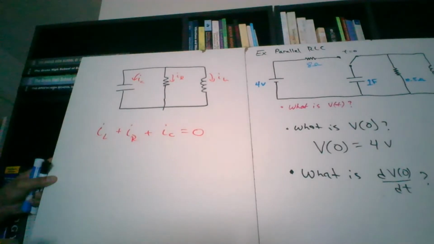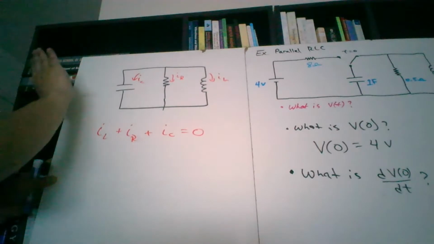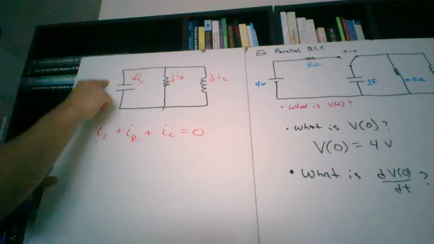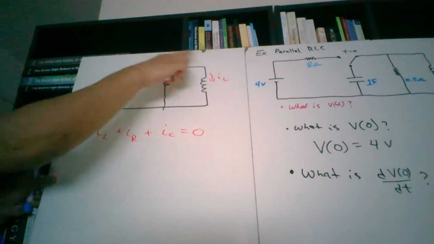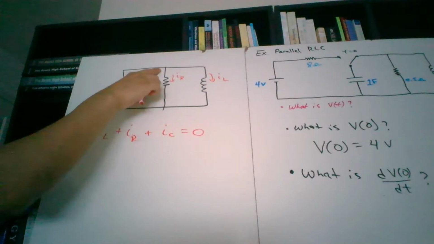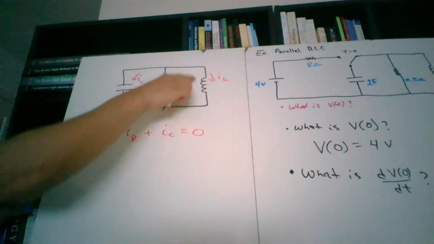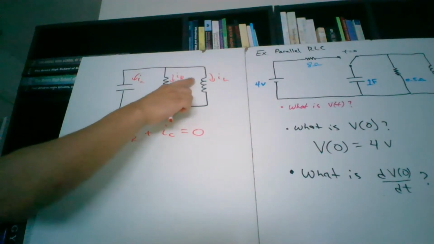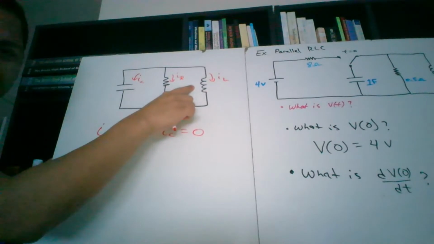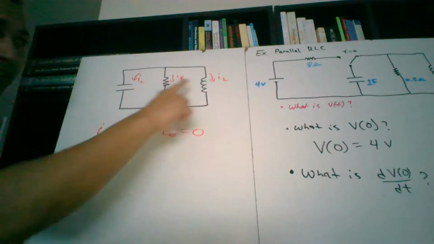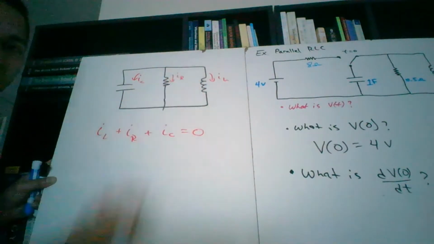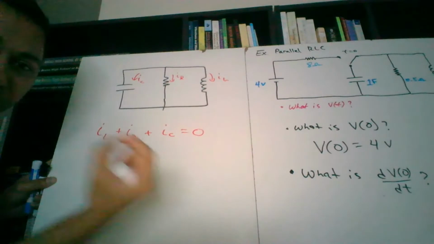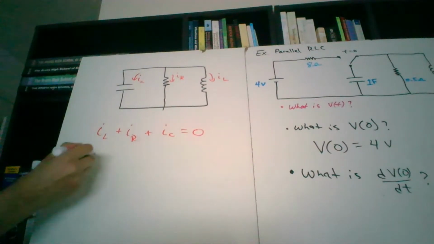From here, let's talk about what the currents from each part are going to be. When you first flip the switch, the current has two choices. This is the current right here. Let's just say it's going this way. Well, it could either go through this part or this part right here, but this is an inductor. An inductor doesn't want to change the flux. It's going to do everything in its power to go in the opposite direction. So the total current that's going through the inductor in the very beginning is going to be 0. So for the inductor, we have 0